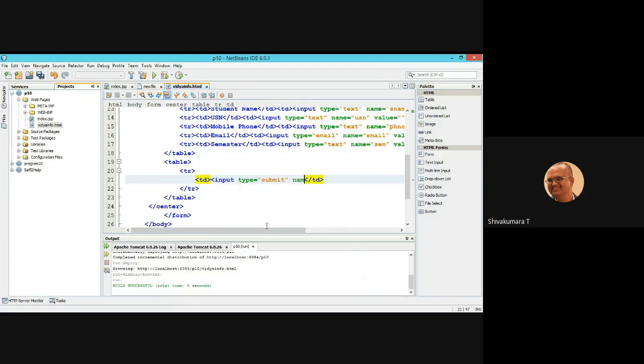name equal to insert record into database, insert, value equal to insert.